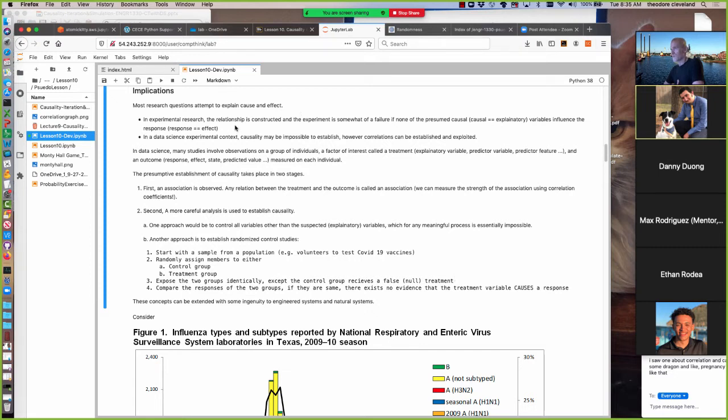So in experimental research, when we go to the laboratory and build widgets and hook up machines that go ping and then directly connect them to a sponsor's credit card, those experimental relationships are usually constructed in advance, and we would consider the experiment itself somewhat of a failure if none of the presumed causal variables actually influence the response. So if eating broccoli does not improve the survivability of COVID-19 patients, then clearly broccoli is poisonous and shouldn't be eaten. That's probably a really poor and untimely example, but